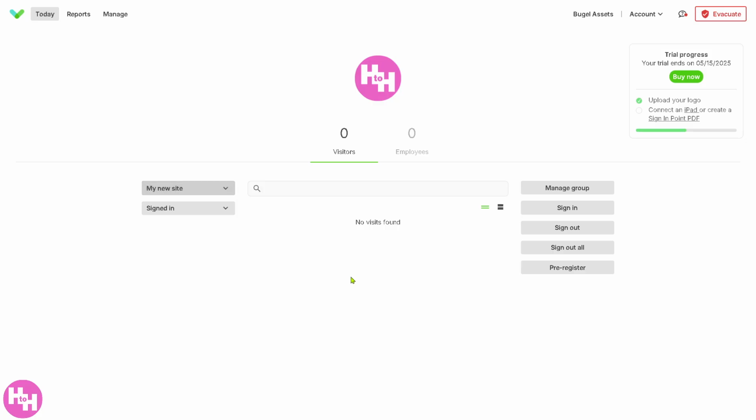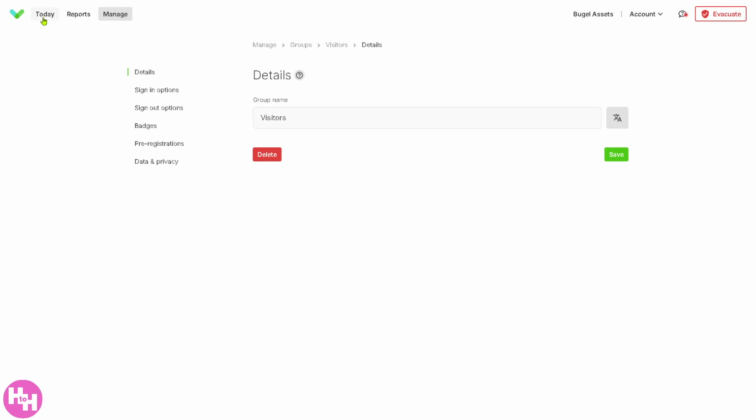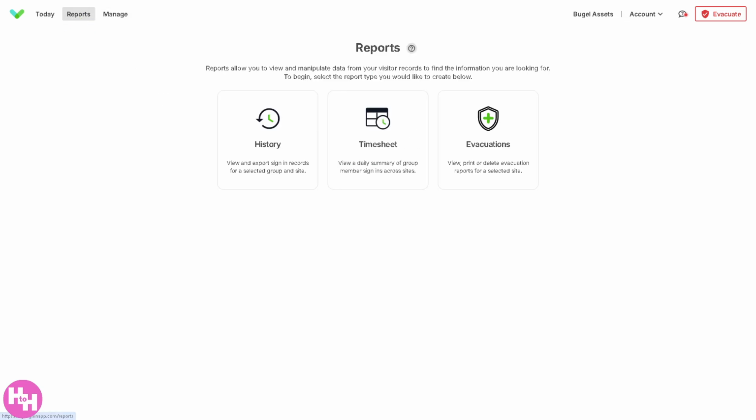It's going to be a quick access to sign in or sign out someone manually if needed from the visitors. All right, so it would give you all the alerts or important notices for visitors, overdue, emergency mode activated. You can manage group if you wanted right here, but that's going to be later. All right, so we're going to go to the today's section first, and then the next is going to be